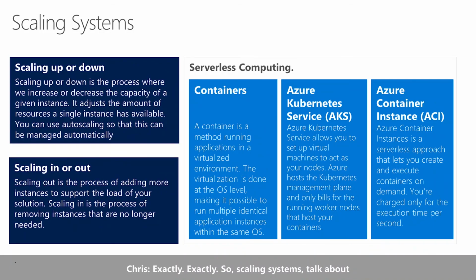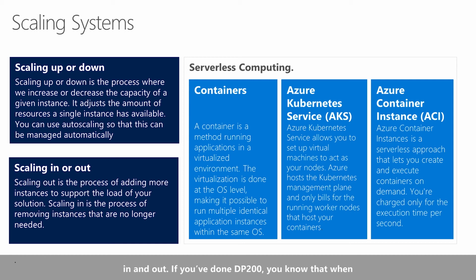Exactly. Okay. So scaling systems, right? Talk about scaling up and scaling down. You should be very familiar with this, because scaling up and scaling down a single system is usually up in the memory, up in the CPU, and so forth. And there we go with containers and everything, and you lost me right there. Which is why I want you to talk about scaling up and down first, because you understand that in the context of a single virtual machine. You can adjust the memory, you can adjust the vCores. Then there are scaling in and out.